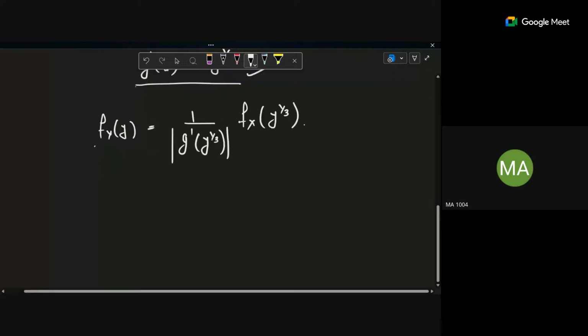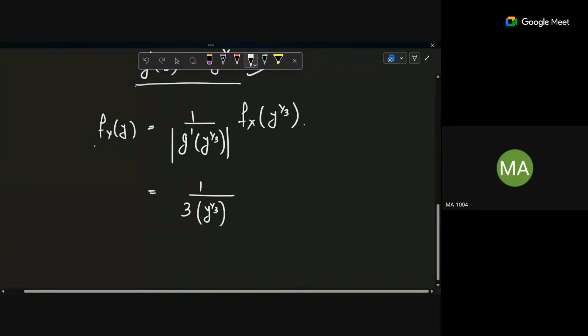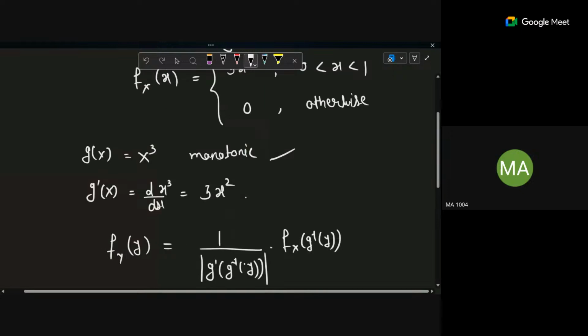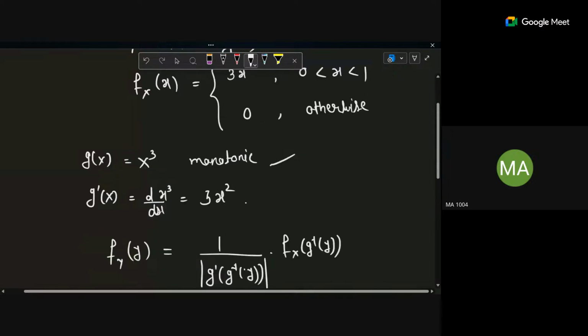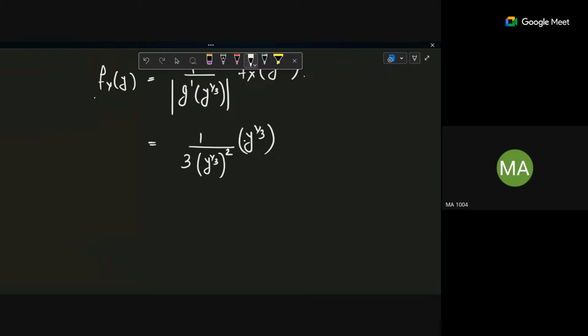Then what was your derivative? It was nothing but 3x square, so 3 y raised to the power 1 by 3, the whole square. Is it fine? And f x was 3x square again. So 3 y to the power 1 by 3 square cancels, and it became 1